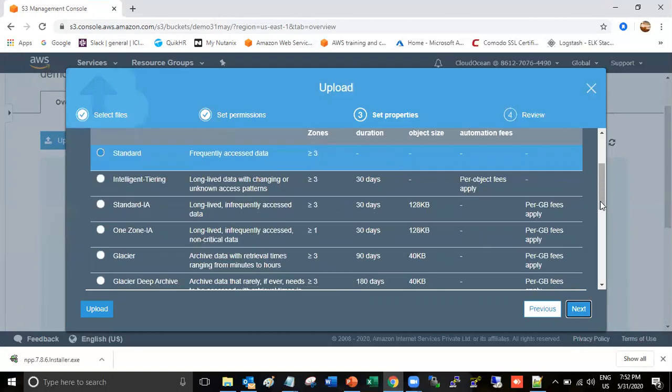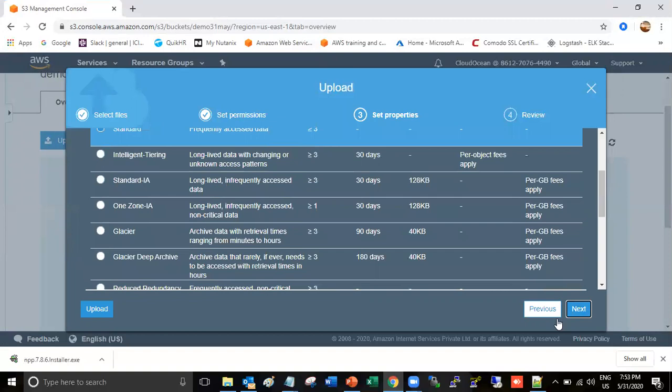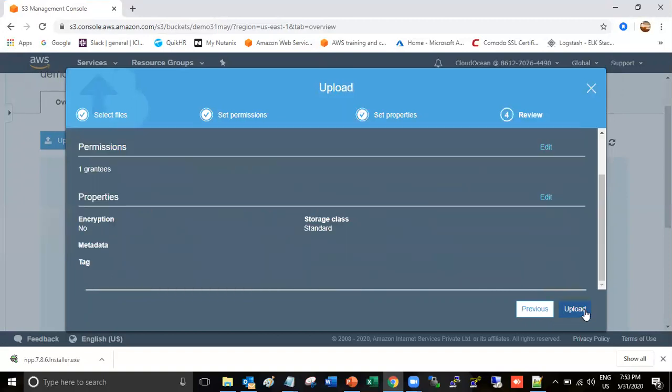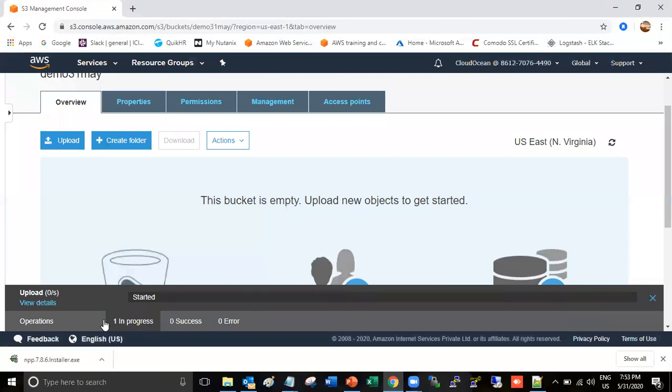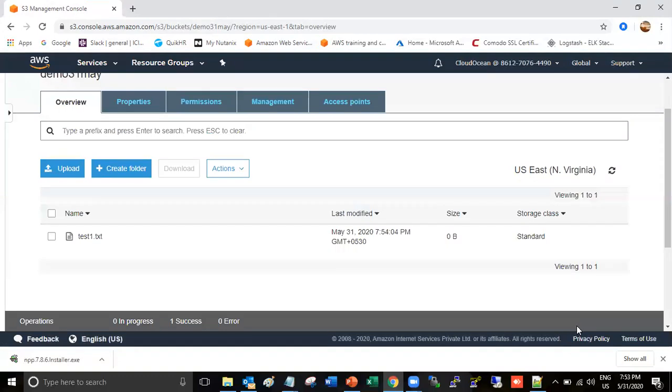And as I said, the storage class: by default it will be stored in standard, frequently accessed. Then click next, upload. At the bottom you can see the status of your file. See, it is success. You can see the file here.